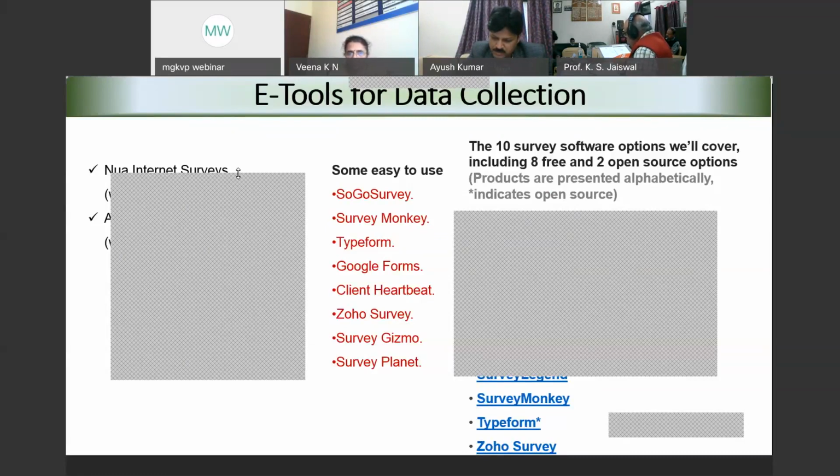Each one of these tools for data collection should be pilot tested before you go into the full-fledged data collection. There is no one tool which can give you authentic and unbiased data. It depends completely on your variables and the objective of the study. At least for me, I don't think there is one single tool which can be authentic and unbiased. I think that's the question. Any other question?